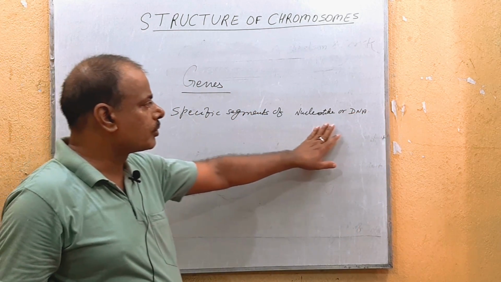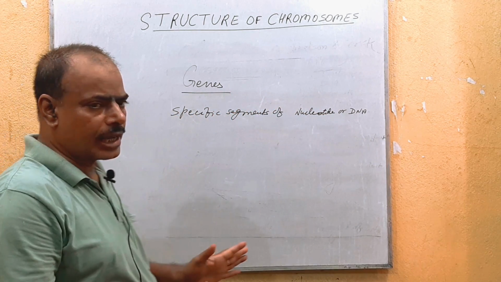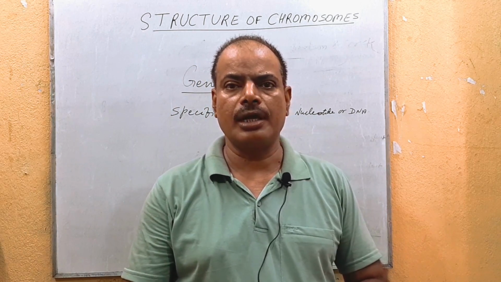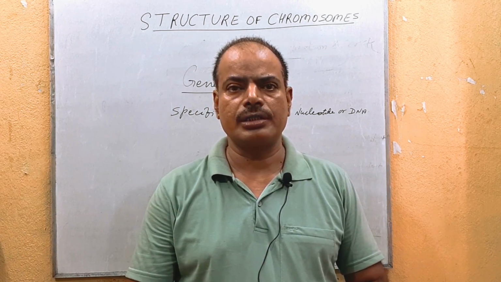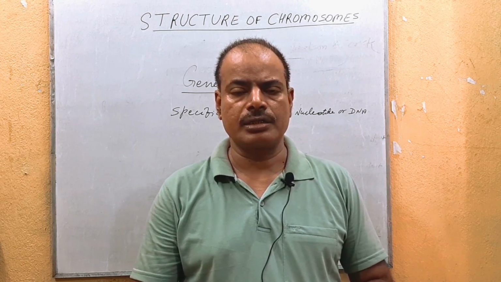Specific segments of nucleotide or DNA are known as genes. Genes carry information from parents to their offspring, and therefore these are called the unit of heredity, unit of inheritance,